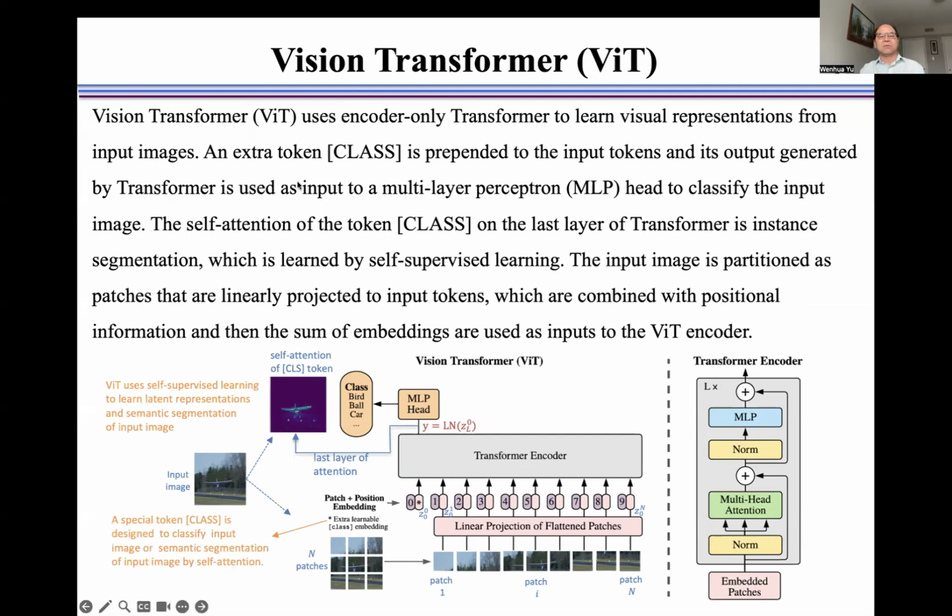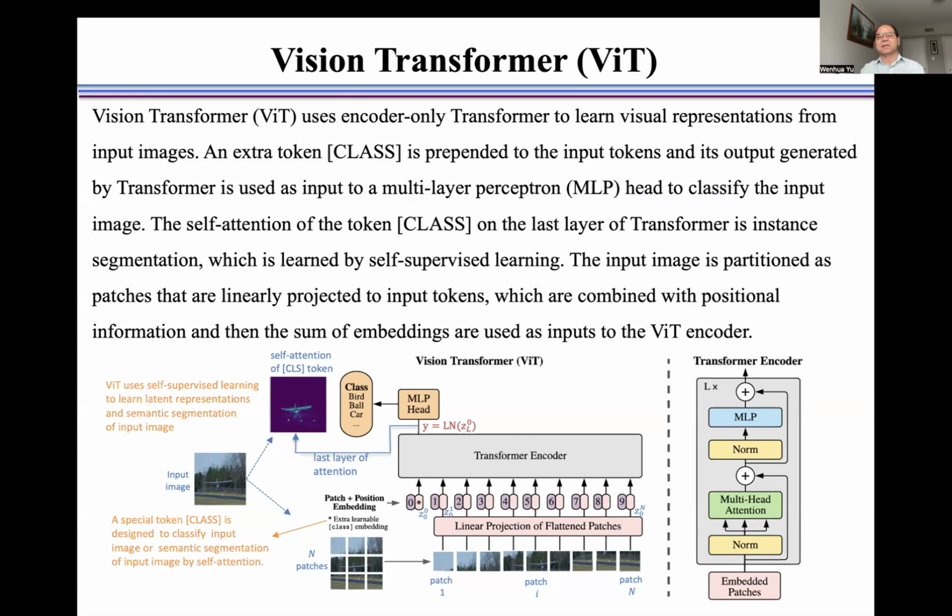An extra class token is prepended to the input tokens, and its output generated by the transformer is used as input to a multilayer perceptron head to classify the input image. The self-attention of the class token on the last layer of a transformer is instance segmentation, which is learned by